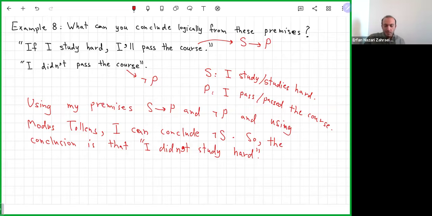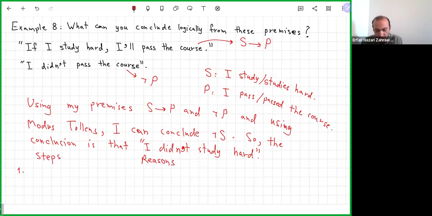That was a very simple example, but we have a more complicated example next. This was just to make sure that you understand how to use those rules of inference. If you like, you can write your proof step by step. Actually, I like that better. I don't like writing long paragraphs of explanation. So another way to do this proof step by step is to say I have some steps and these are the reasons for each step.